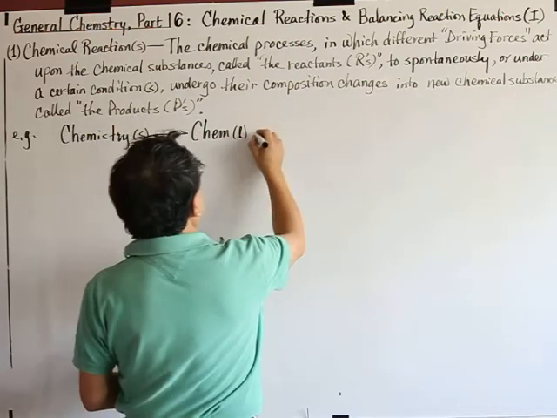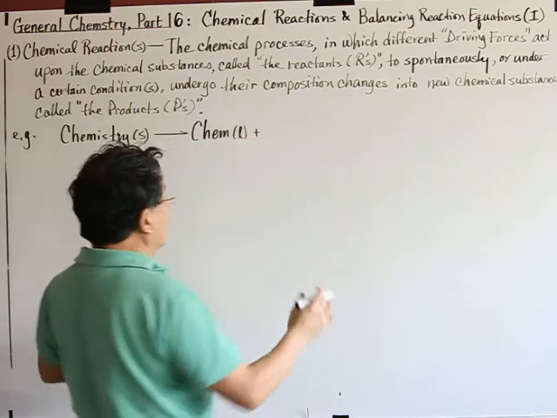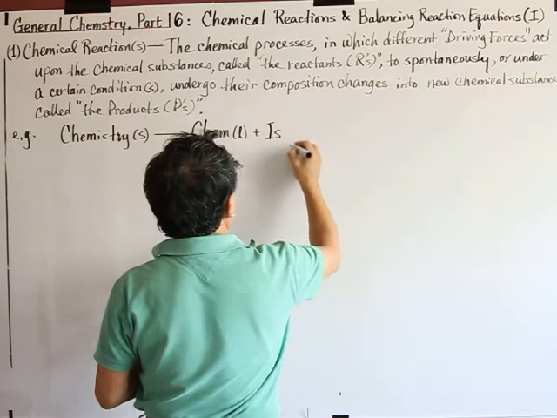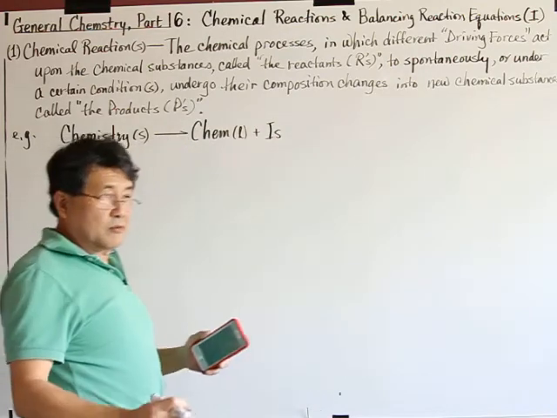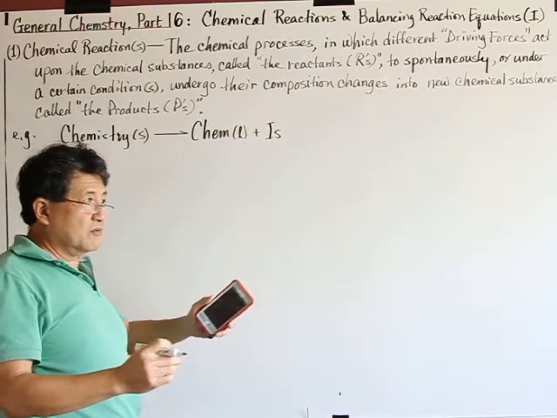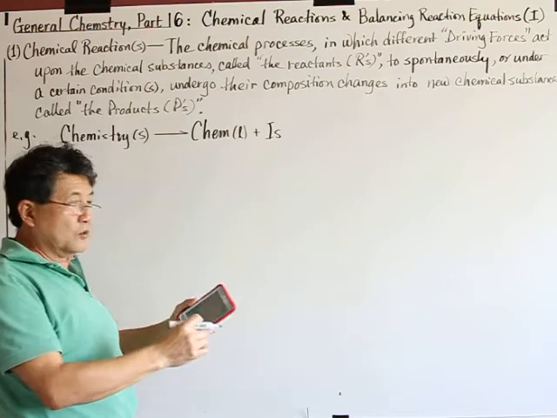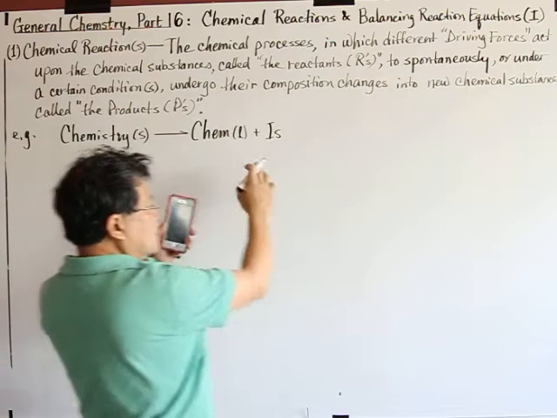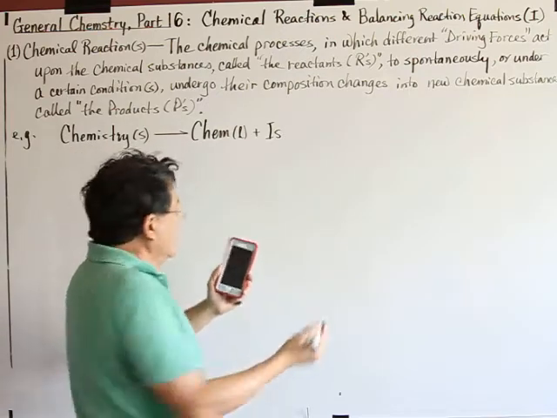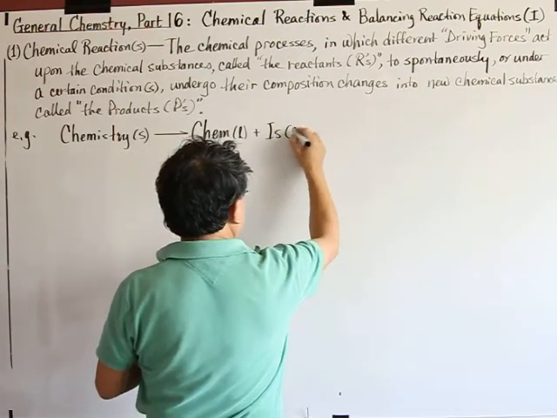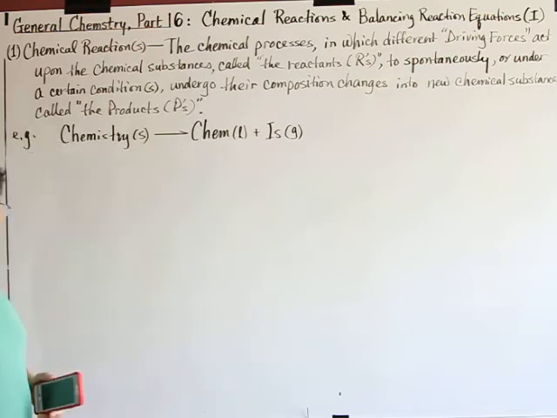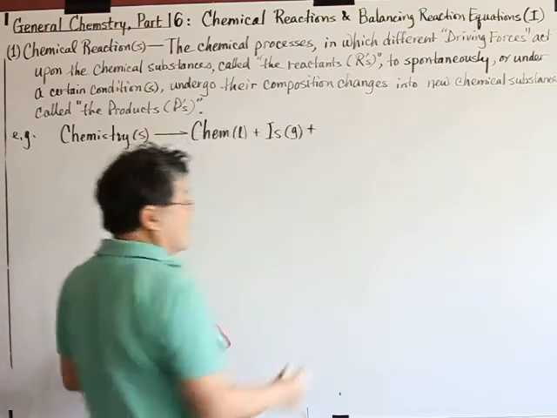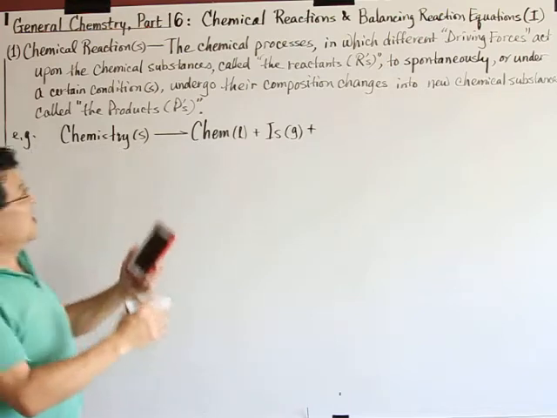And then you have another product produced from this reaction called IS, right? You remember in the periodic table there are hundreds of elements. They have one letter or two letters, right? The first letter is capitalized, the second letter is lowercase. So that could be a new element, right? Okay, it could be a gas phase in this particular case, and then the third product also comes along,